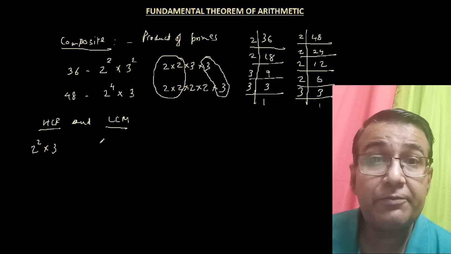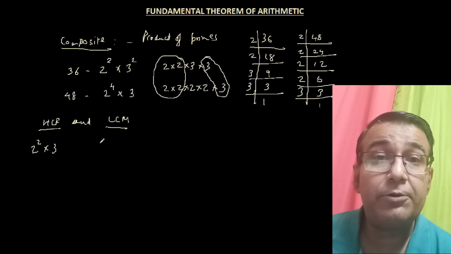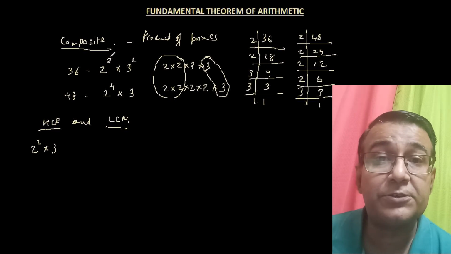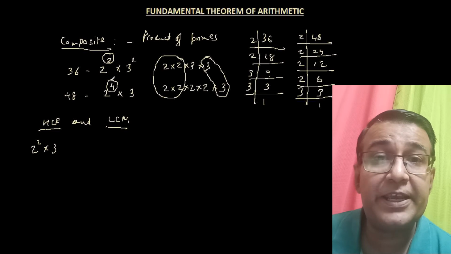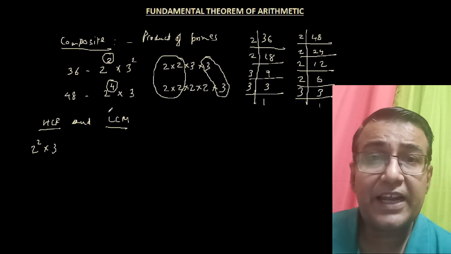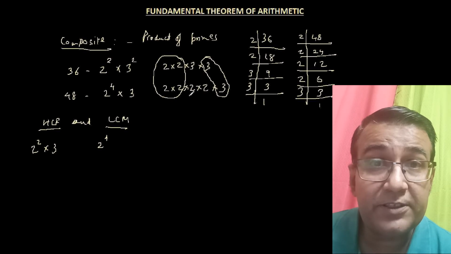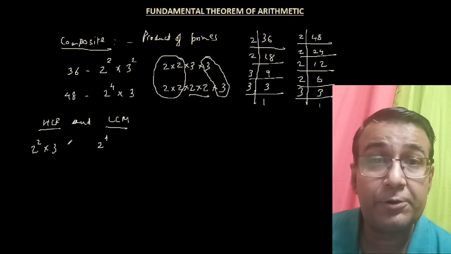So do remember that when we are finding out the HCF, we are looking at the lowest power of any number, but when we are finding out the LCM, we are looking at the highest power of the number. So here we have got powers of 2 here and a power of 4 here. So we'll be taking 2 to the power of 4, and that is because we had included the 2 2's earlier, but we had left out these 2 2's here. So we are going to include that also.